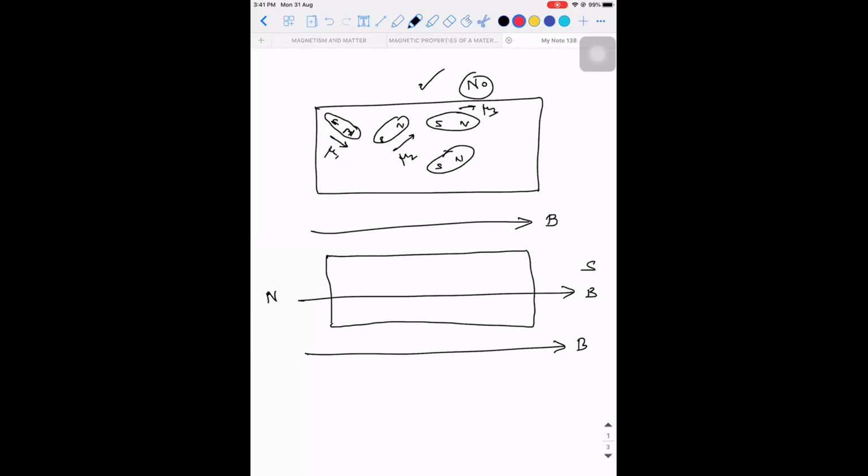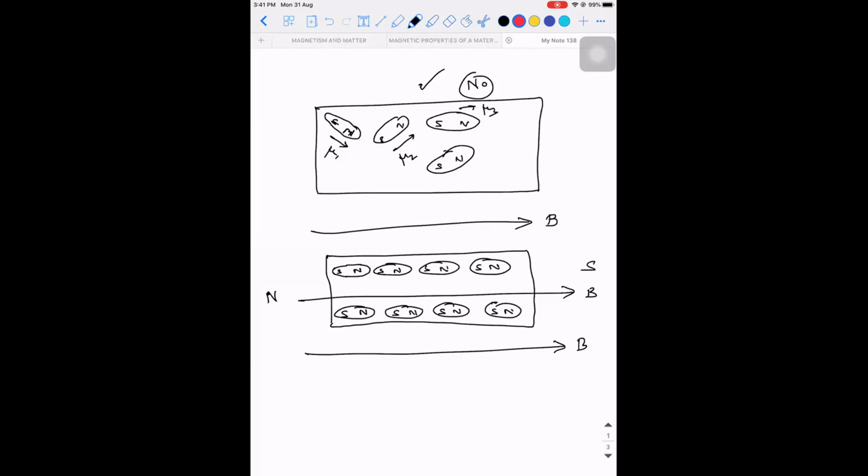So what will happen to the dipole that is present inside? When a dipole is placed in an external magnetic field, it experiences a torque. As a result, they get aligned in the direction of the magnetic field: south pole, north pole. Similarly, you will have south pole, north pole, and south, north. I hope this point is clear. Similarly, it will be present everywhere, close to each other. For understanding purposes, I'm drawing it as a bigger diagram. It's a zoomed version.